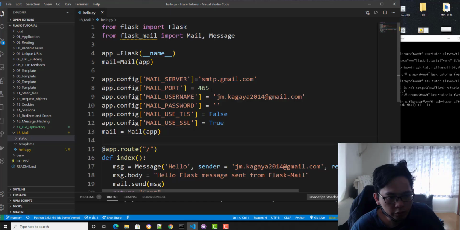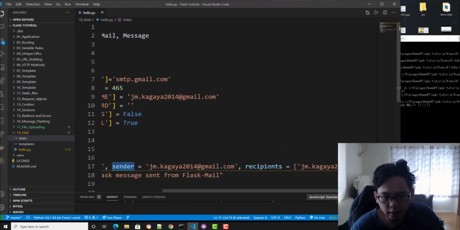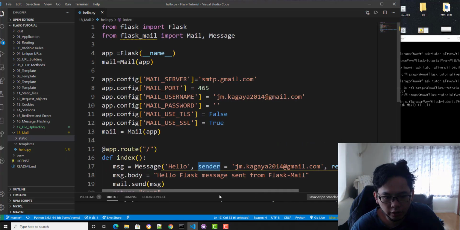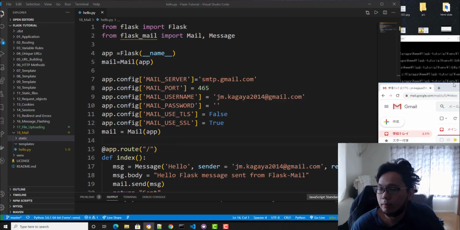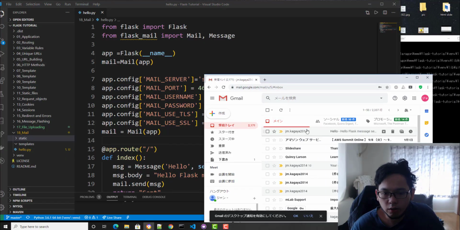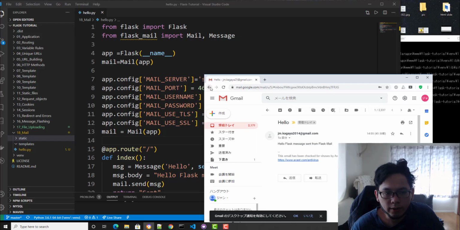Set the mail port. Your mail should be the same for the sender and the recipient, where you're going to send the mail, and then the body of it. Very straightforward. I already tested this, and I got the mail on this one, and it's working fine.